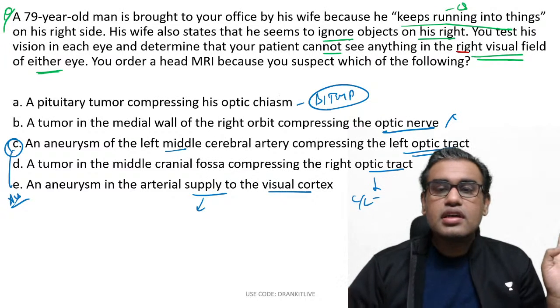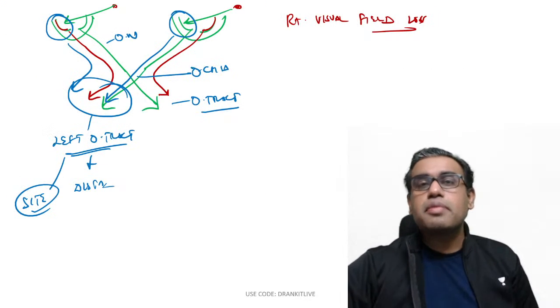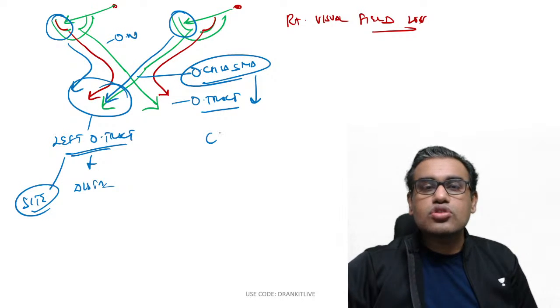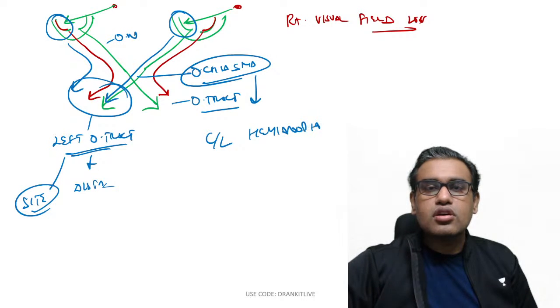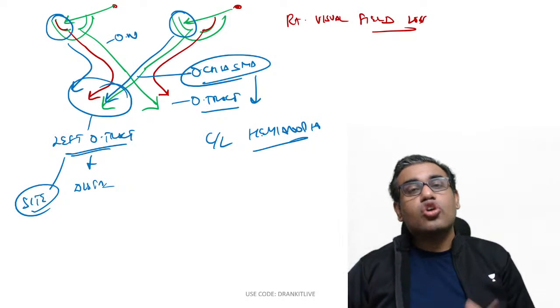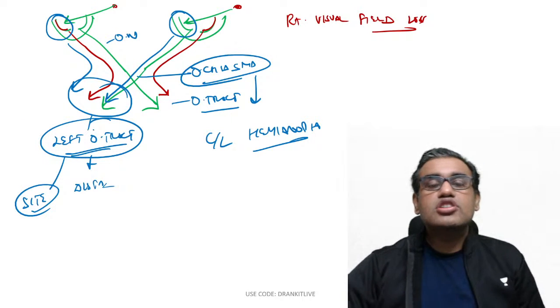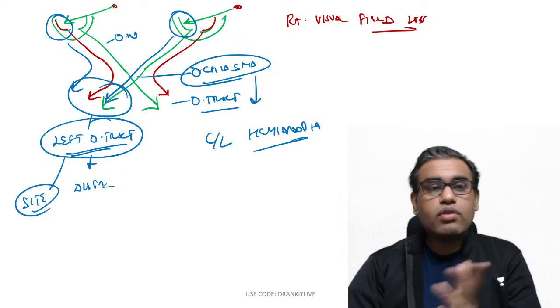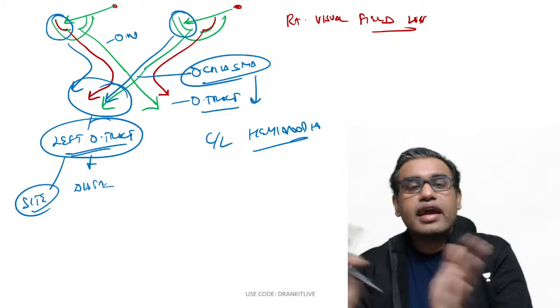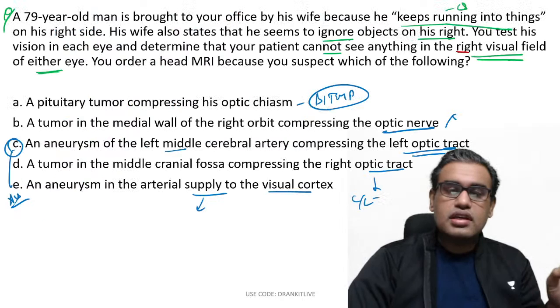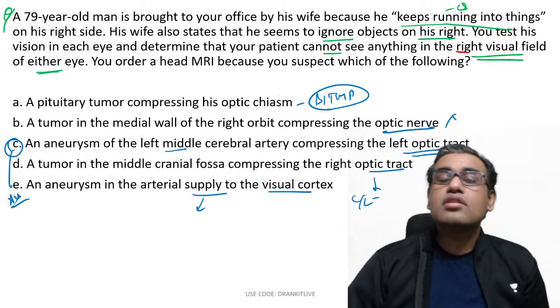So the bottom line here is that distal to the optic chiasm, there is always contralateral hemianopia. In the optic tract and optic radiations, there is contralateral loss. If there is a lesion in the left optic tract, the visual field loss is on the right side, and vice versa: with a right optic tract problem, the visual field loss will be on the left side. So remember, this question is testing 2-3 things.